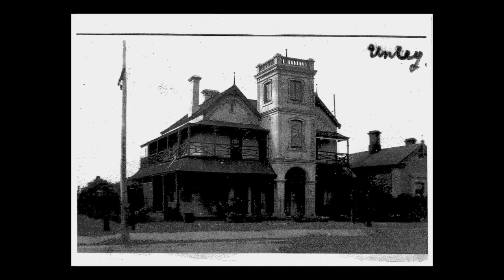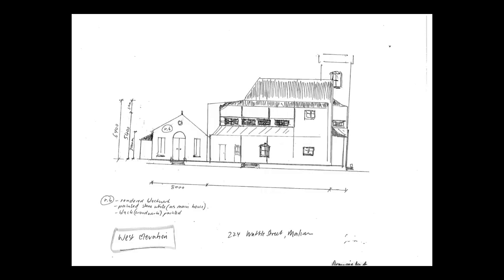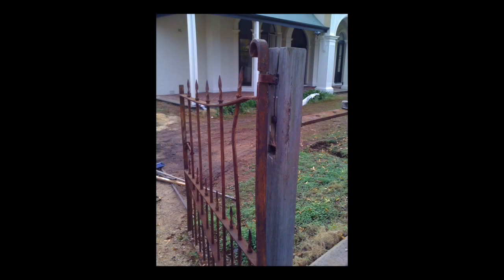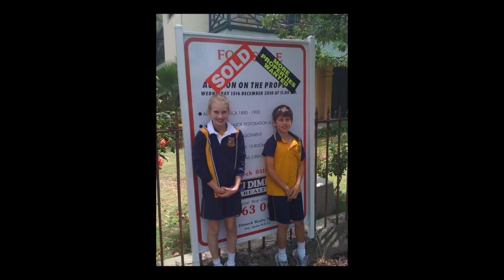When my wife first noticed it was for sale, we really loved the house anyway, having known about the house. It was one of those mysterious run-down mansions, if you like, that you drive past for decades and everyone knows about. It was the house next to the primary school, and it was quite mysterious. So when it came up for sale, which was quite unforeseen, we were able to be successful in a bid